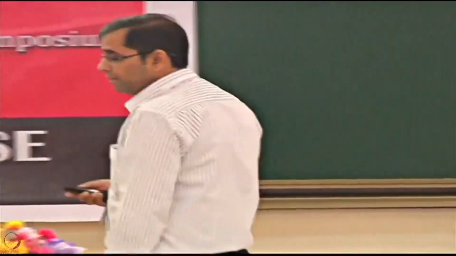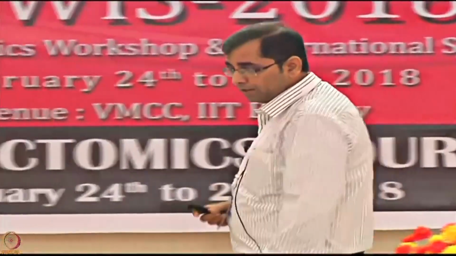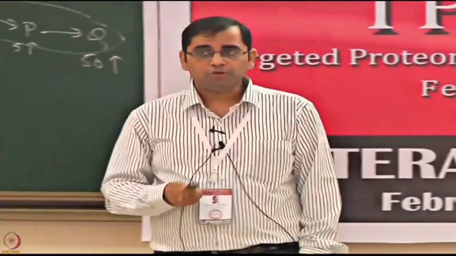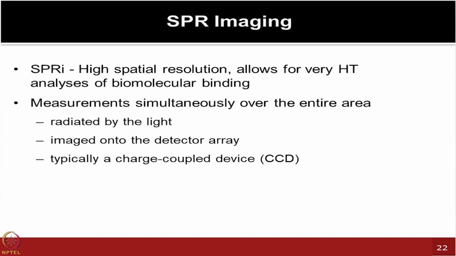So, SPR imaging is one of the high spatial resolution platforms which allows for high throughput analysis of various types of biomolecular binding interactions which you want to measure. Here you can see that you are using an imaging platform. So, imagine that you had the gold chip which you are using for SPR, but in SPR gold chips you have a very small region where the gold part is there. Rather, if you have the full chip which is having the gold, and now you are using imaging to image the entire surface, then that image is going to generate some sort of pseudo image like a microarray,